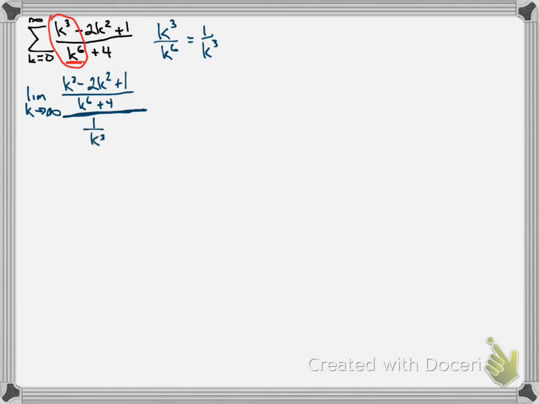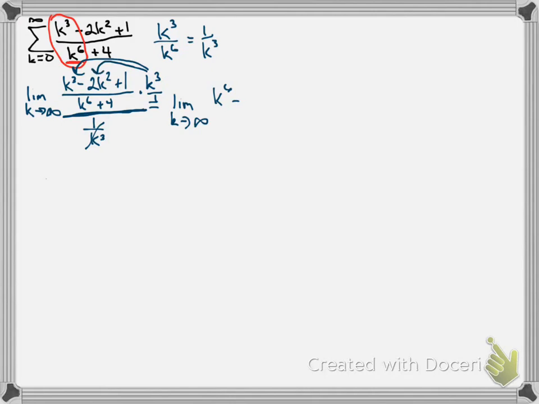And notice we don't do the series, we just do the sequence piece. So this is going to flip and multiply because we're doing division by a fraction. And we're going to end up with this multiplied by k cubed over 1, which gets rid of that. And it'll distribute, so we'll have the limit as k goes to infinity of, we're going to distribute that term to all of these, so that'll be the most important one, but we'll do the whole thing. k to the 6th